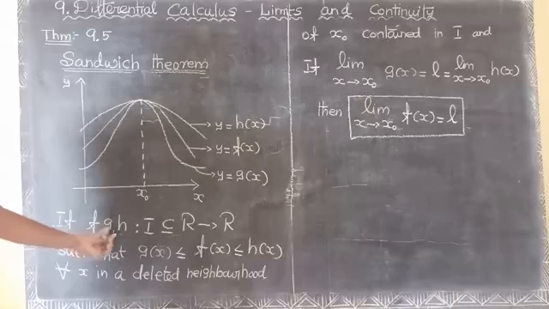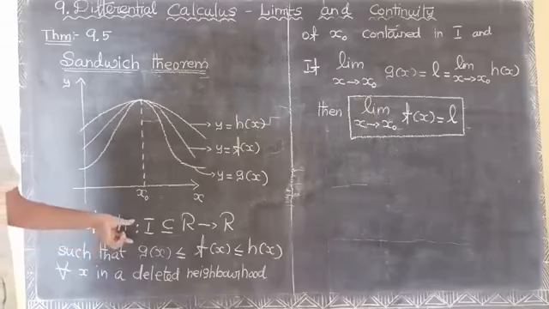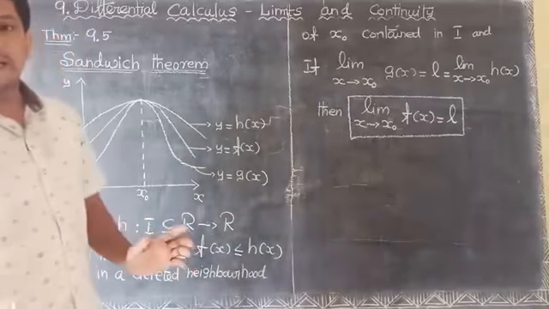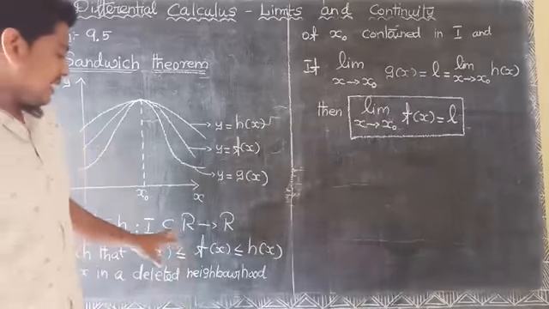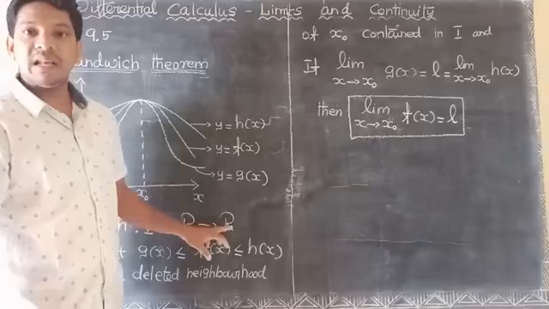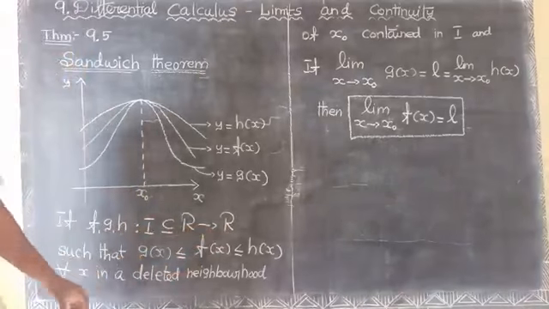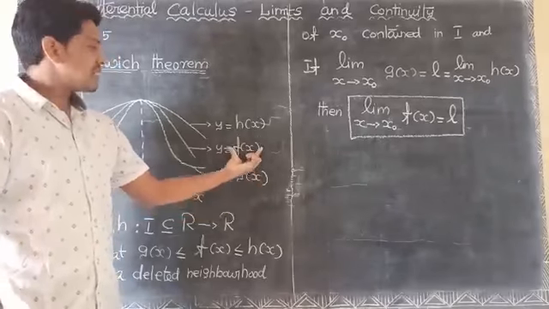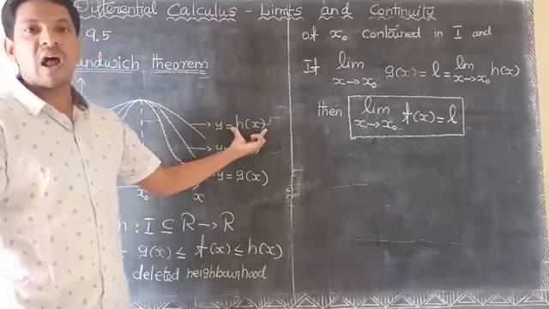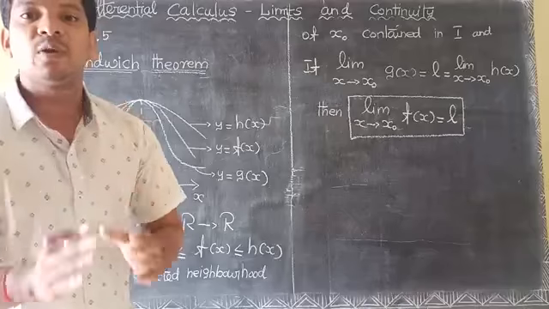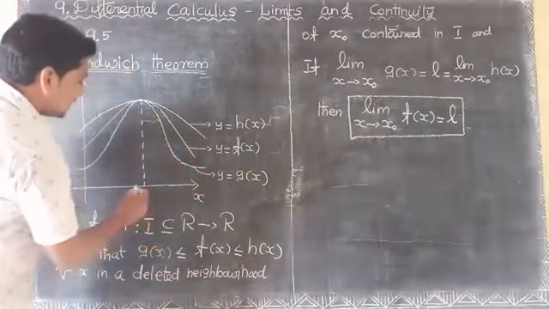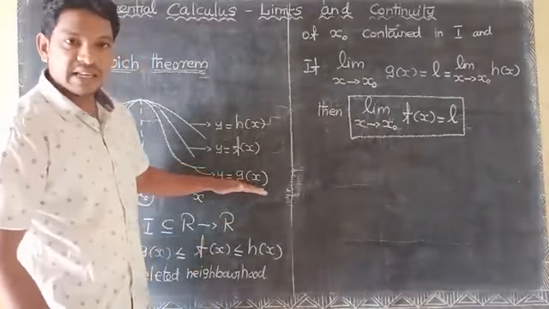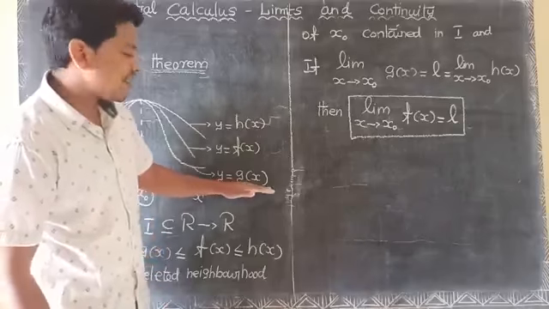If f, g, h are functions such that open interval I is contained in capital R, the real numbers, such that g of x less than or equal to f of x less than or equal to h of x for all x in the deleted neighborhood of x naught,